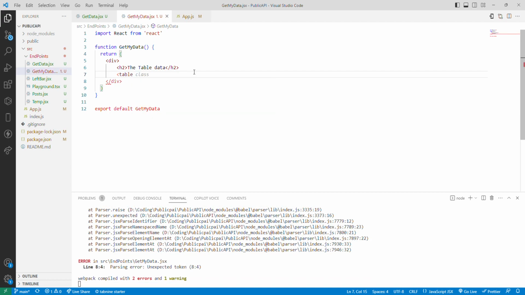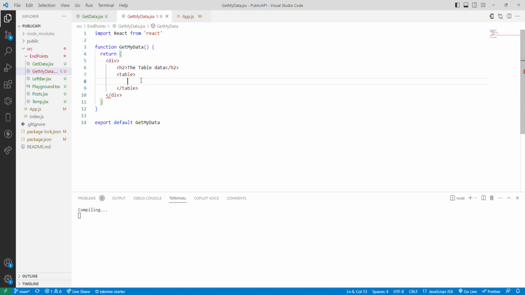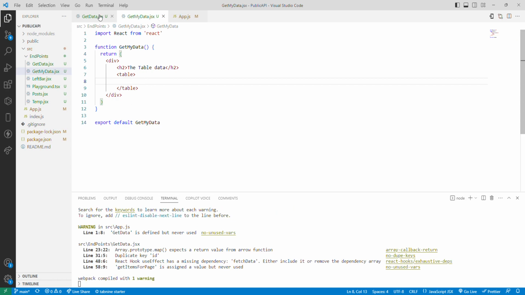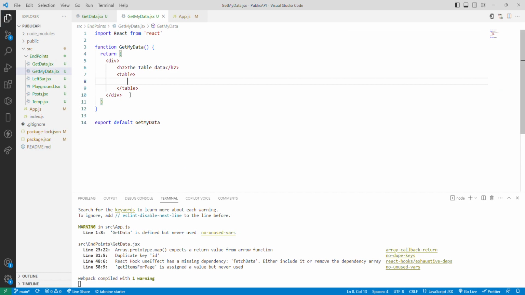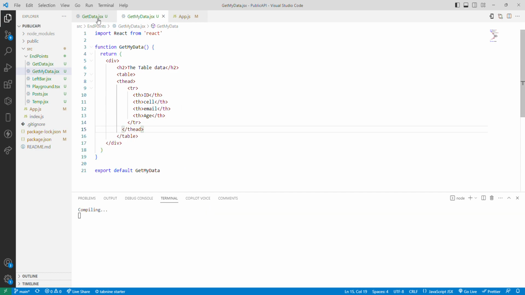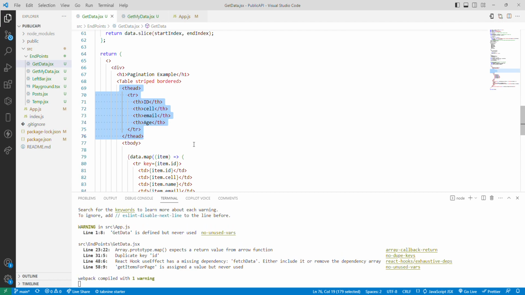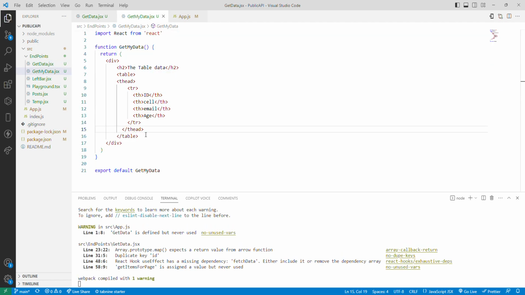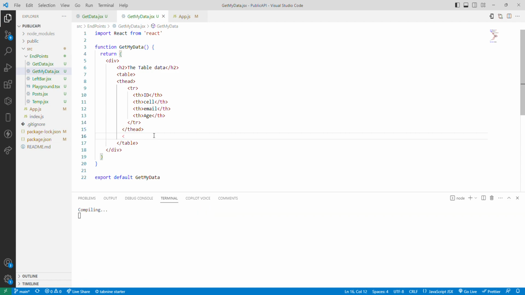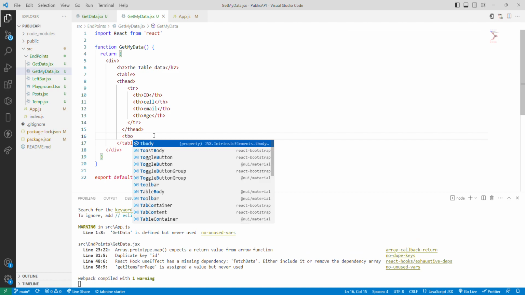Table. So inside the table I want to create a, what is this one? This is a t-head. You know everything, so I don't want to spend much time here. Control V. Then I want to add the table data. Inside a t-body, first I will take a t-body, open and close brace,